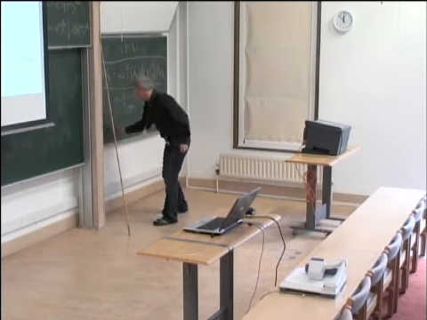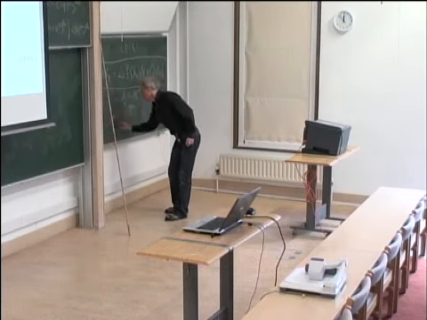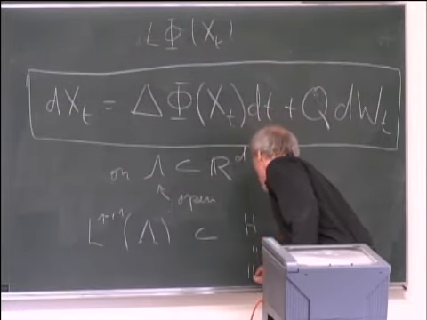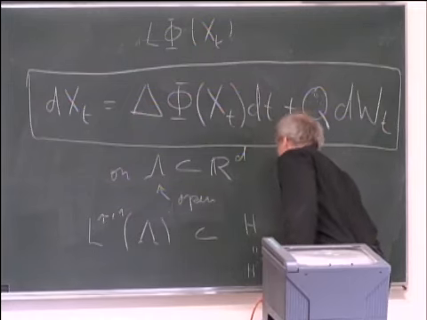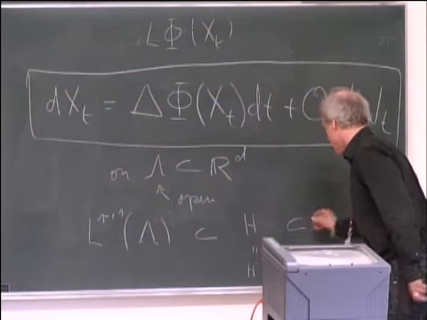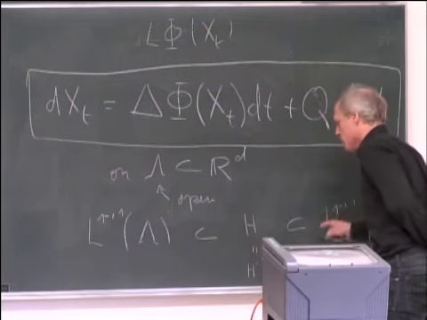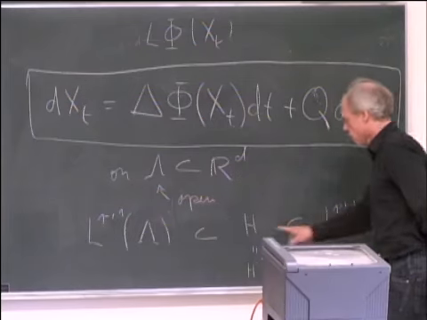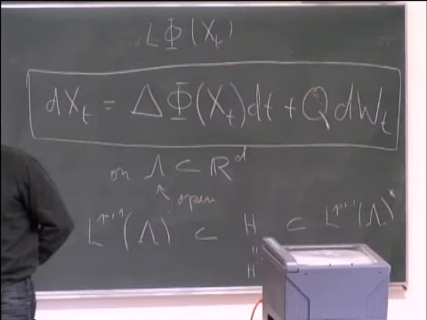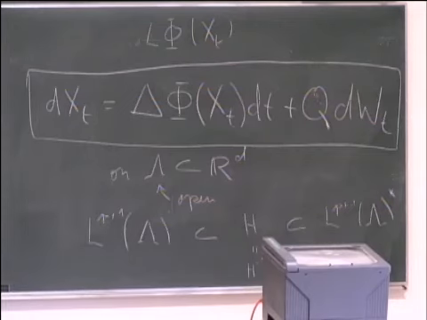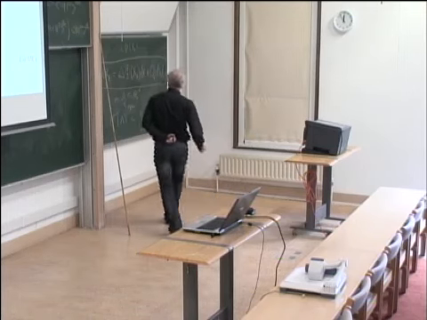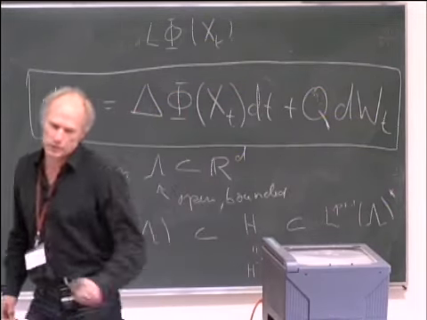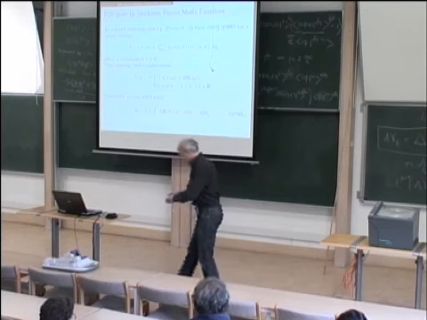So we have this triple, L^{p+1} over lambda. And then in the middle there's H, which is nothing but H^{-1} over lambda. And then you have the dual of this space in this duality. So you have to be a little bit careful. This is not L^q here, right? Because you do the dualization with this pivot space. So be careful. Lambda is a bounded open domain in this talk. As I said before, we can also do unbounded cases. But in this talk, let's just take bounded, okay? Because I have to use Poincaré in a moment.